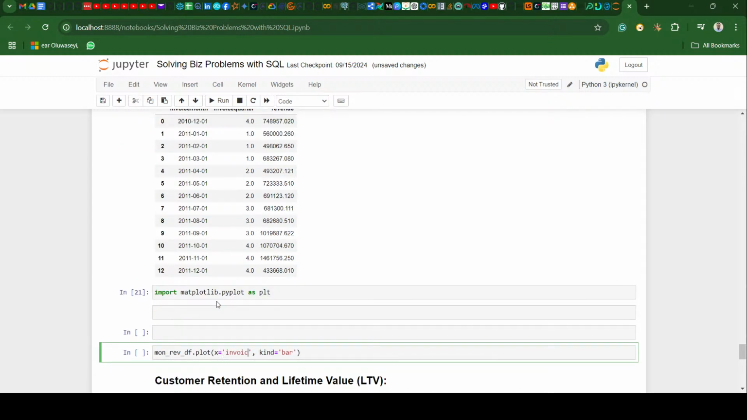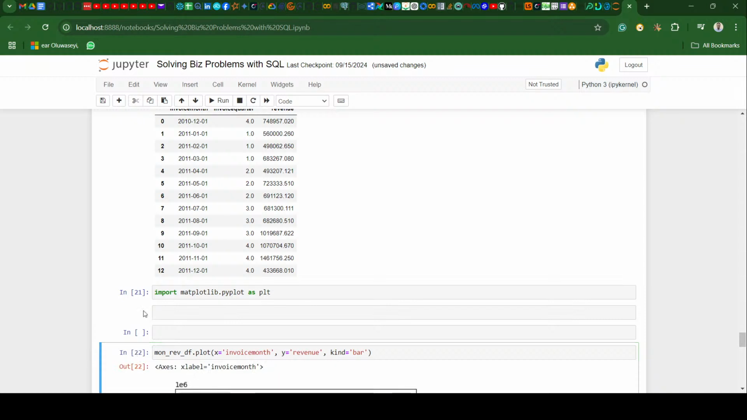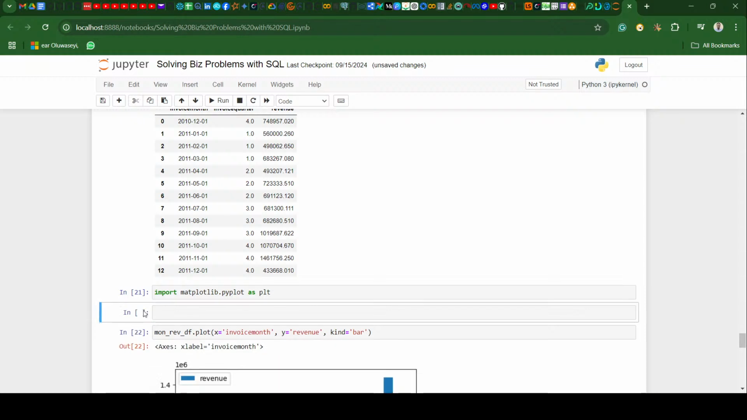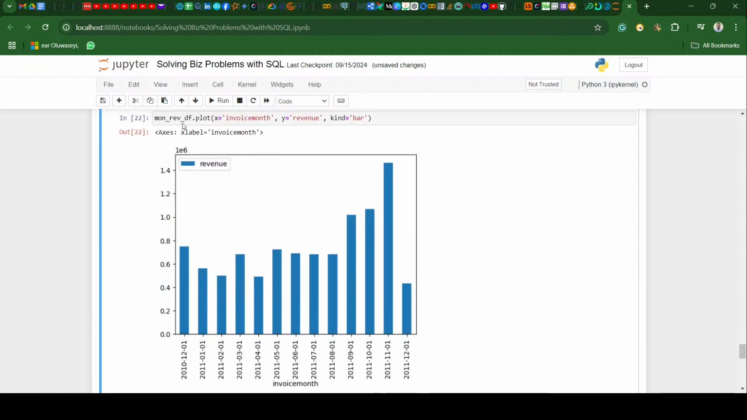invoice month, and y will be the revenue. So this is what it looked like,